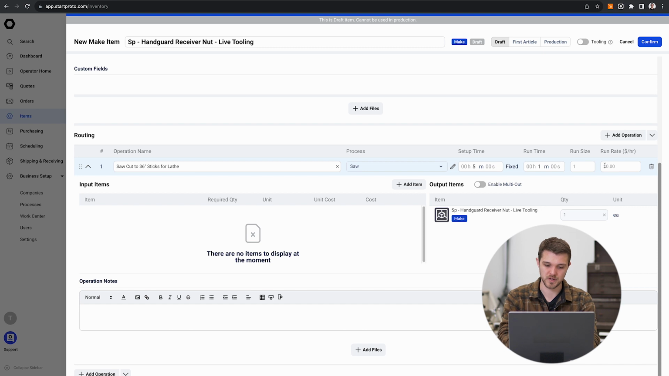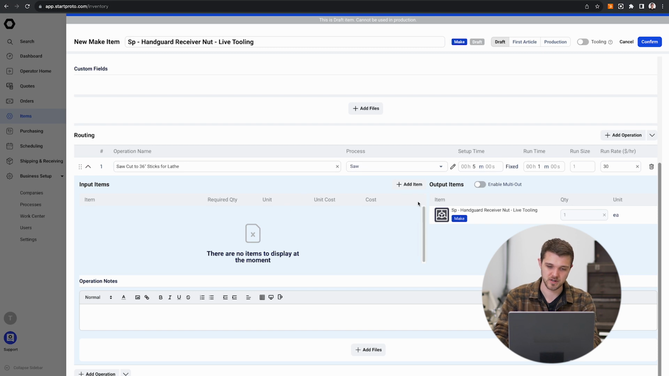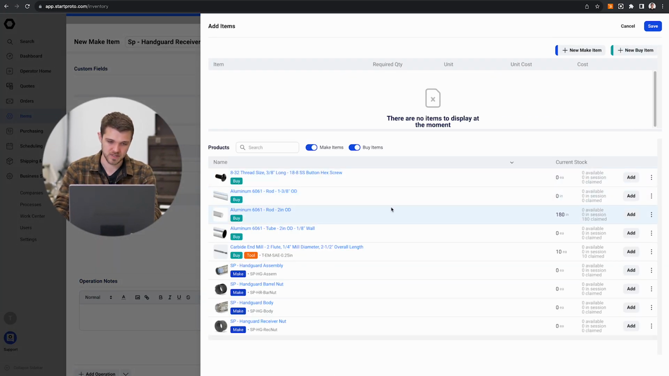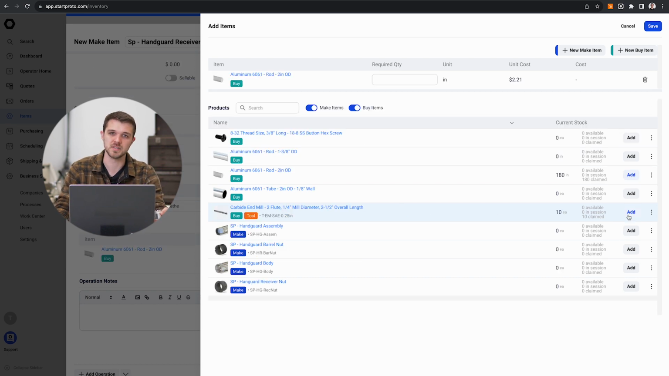And our saw we're going to run at a rate of maybe $30 an hour. You can also set these rates as default in the settings. We just haven't done it on this account yet. And input items, obviously we're going to take in, I believe this is made out of the 2-inch OD